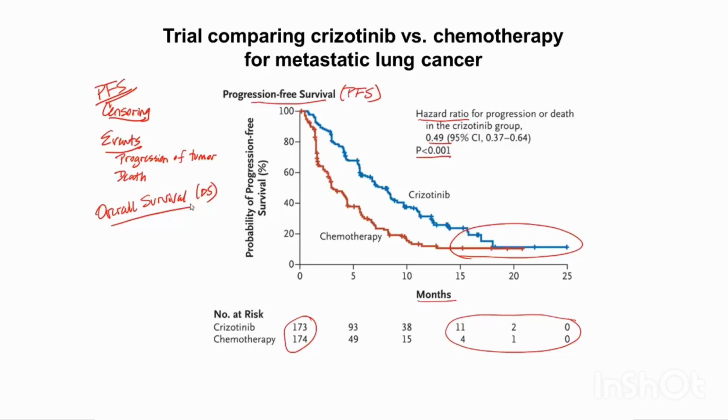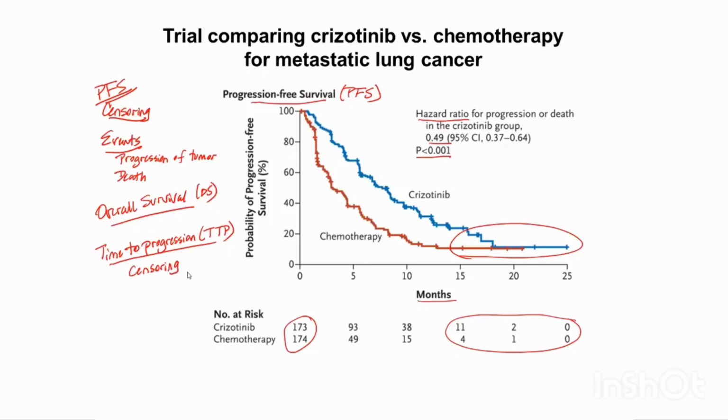Now, there's yet another way of measuring things, and that's called time to progression. Time to progression is almost the same as progression-free survival, but not quite. And the reason it's not quite the same is in time to progression, one of the reasons for censoring in